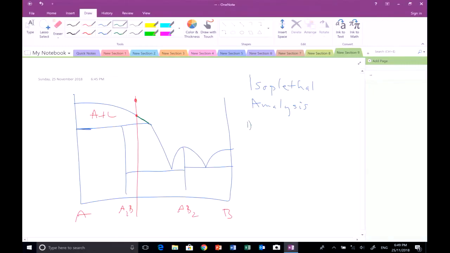So, stage 1, homogeneous liquid. Stage 2, A precipitates. Next, the liquid moves away from A on the liquidus surface. Okay? So it goes down